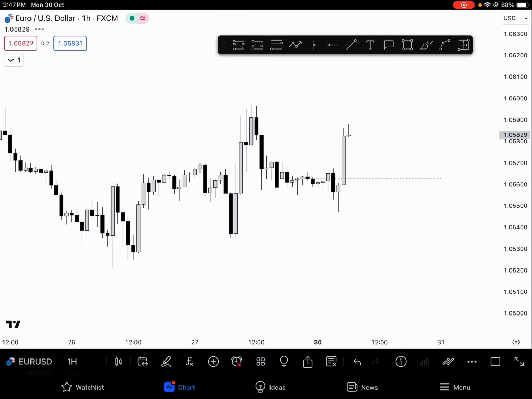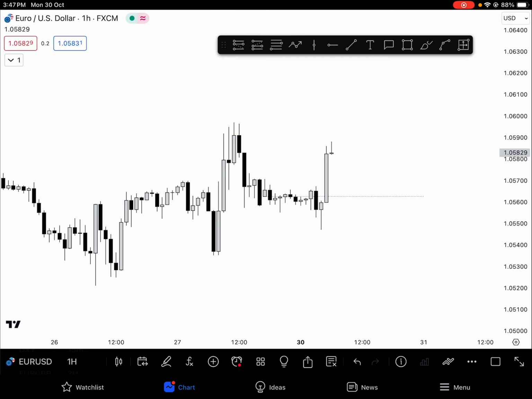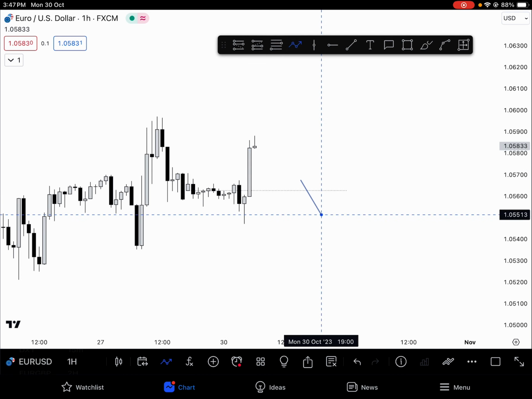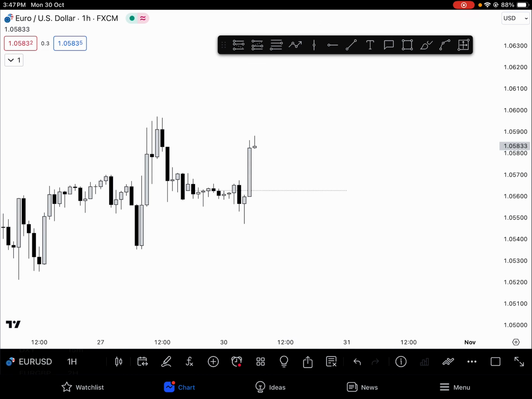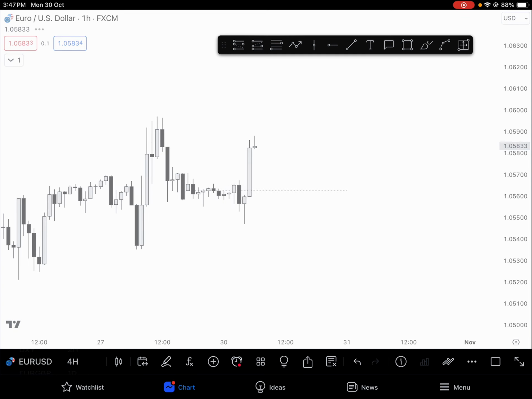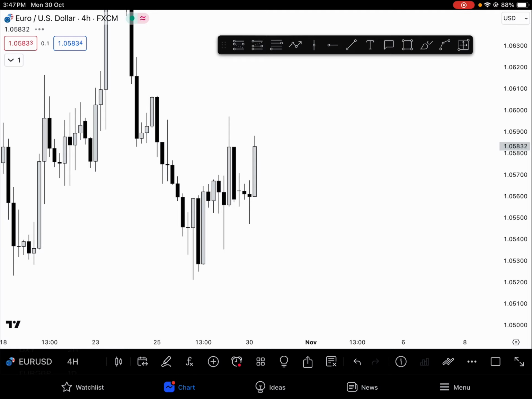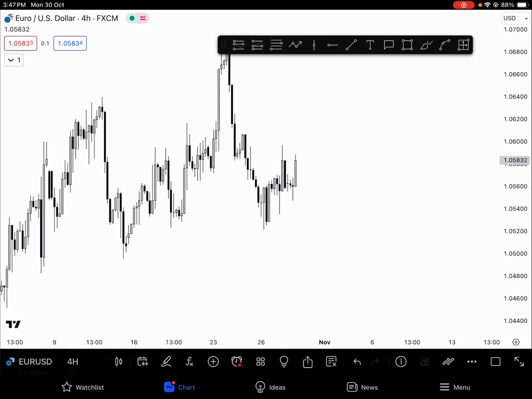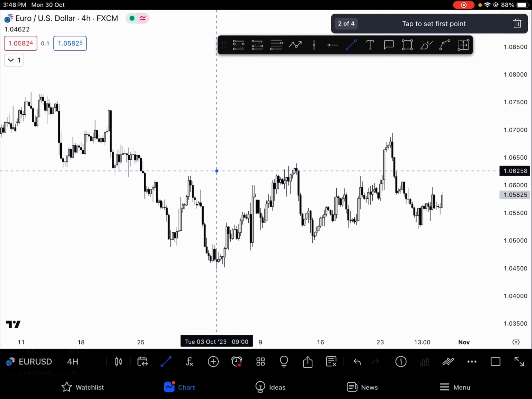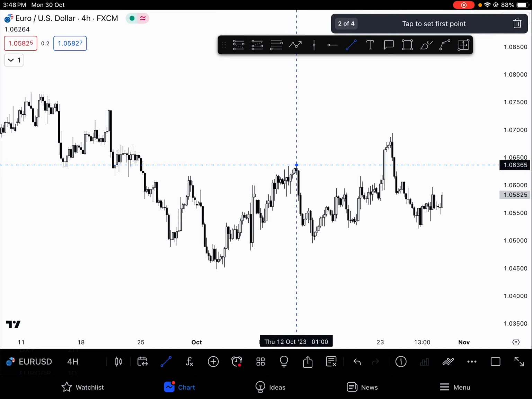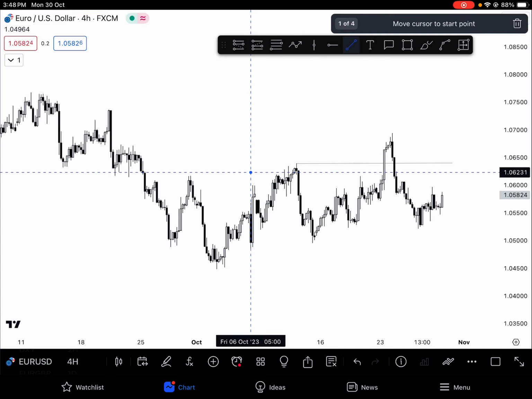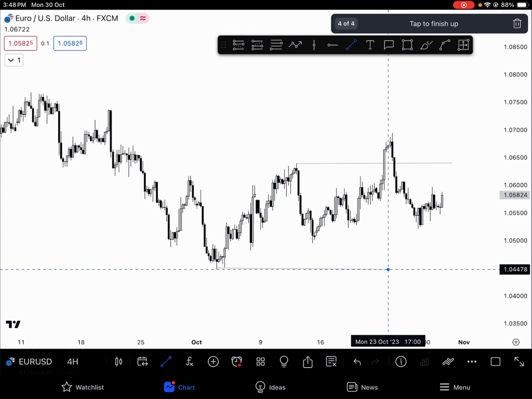That is the important price level we have. First, let's try to understand the higher time frame bias. Let's go to the 4 hour time frame or daily time frame, and check whether your higher time frame idea is very bullish. If you see what is happening here, we are in a range: this is the range high, and this is the range low. So we are in a typical range.